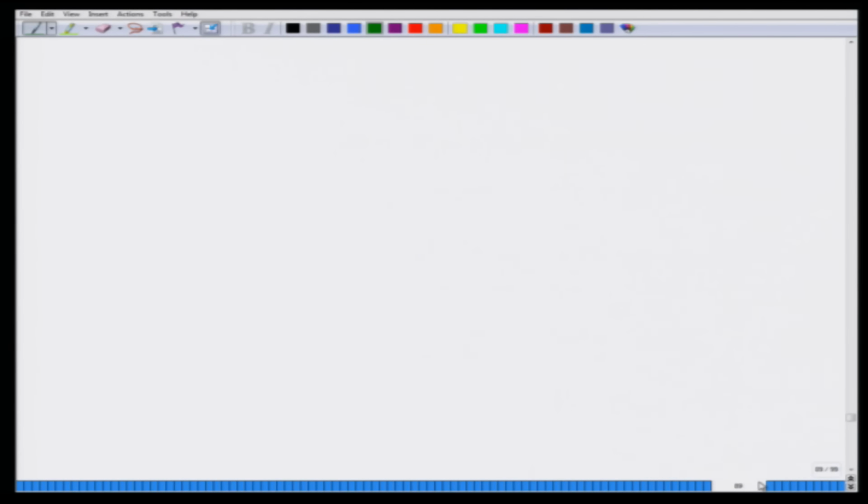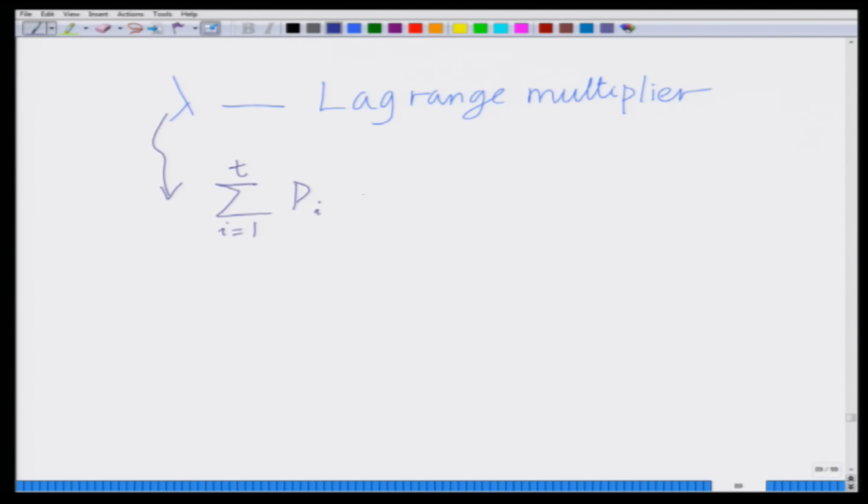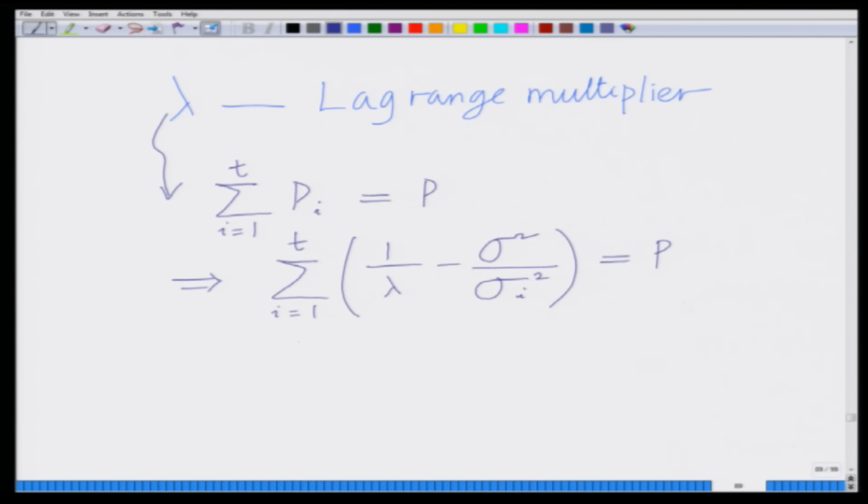Okay. So, what we have therefore now is that we still have to find this lambda, the Lagrange multiplier. This can be found from summation i equal to 1 to t Pi is equal to P, which basically implies that summation i equals 1 to t of 1 over lambda minus sigma square divided by sigma I square is equal to P. So, solving this equation,